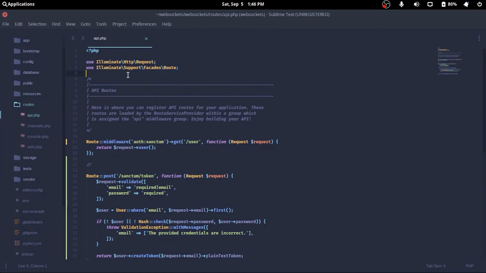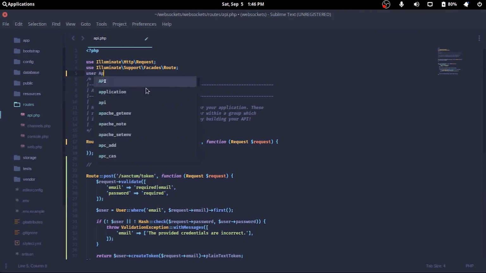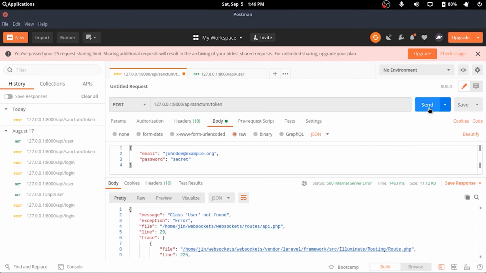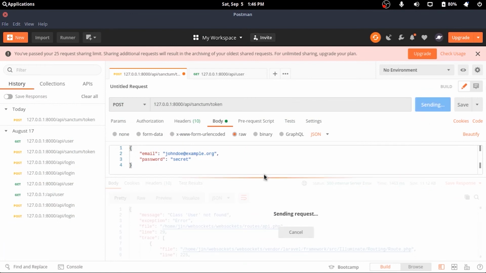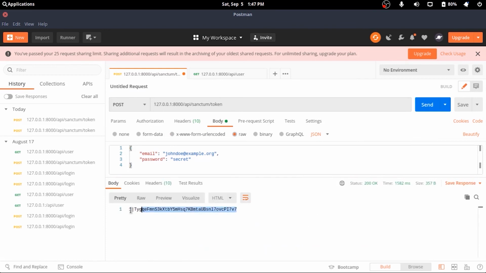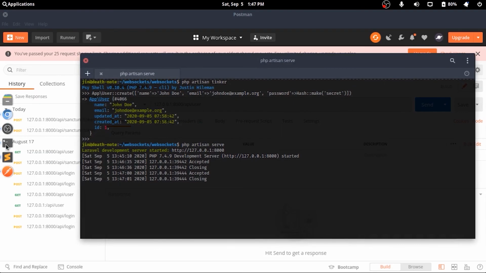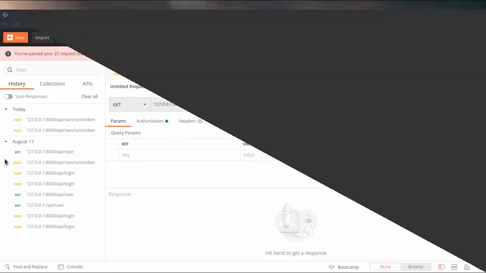I'll quickly fix that. Now it works, and I can again use the token to get any user's data from the user route as well. I'll set the bearer token to the one issued earlier and get the user.